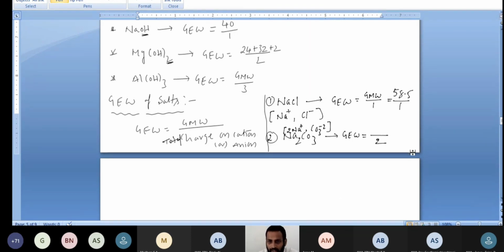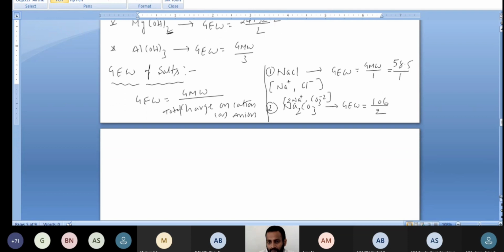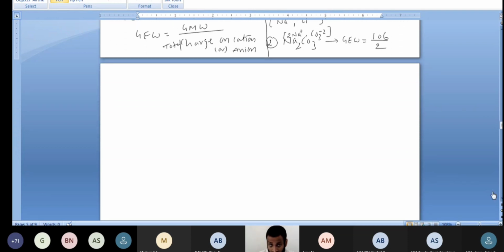So here you can write 106 by 2. This is the gram equivalent weight of the salt. For a salt, the gram equivalent weight is equal to the gram molecular weight divided by the total charge on the cation. Suppose, as a third example, I'll take